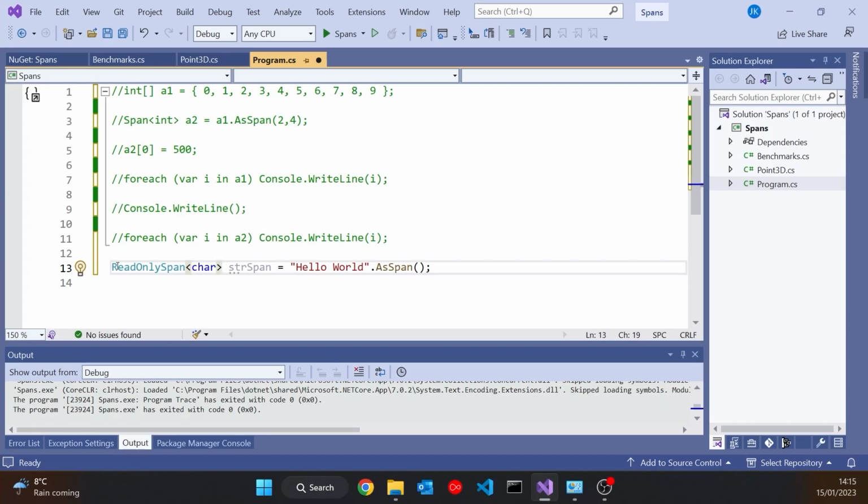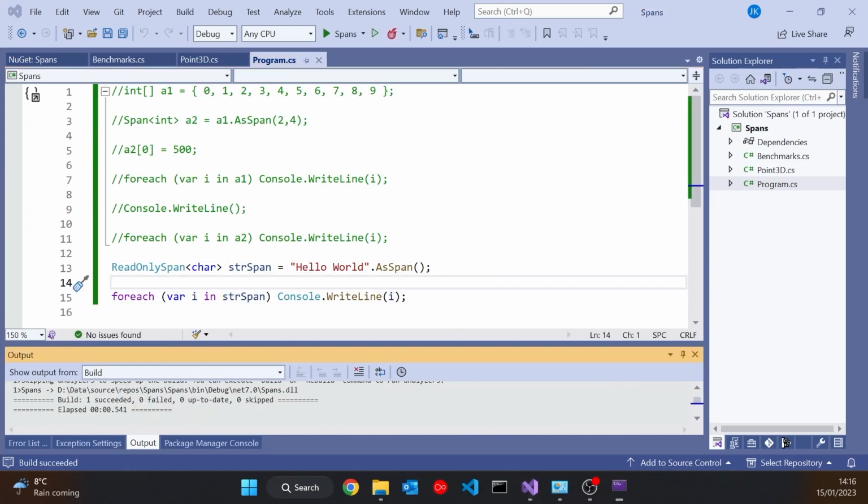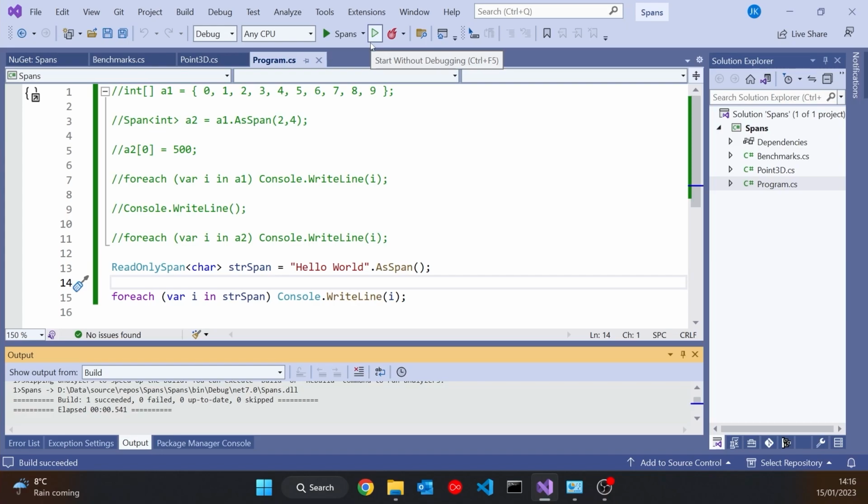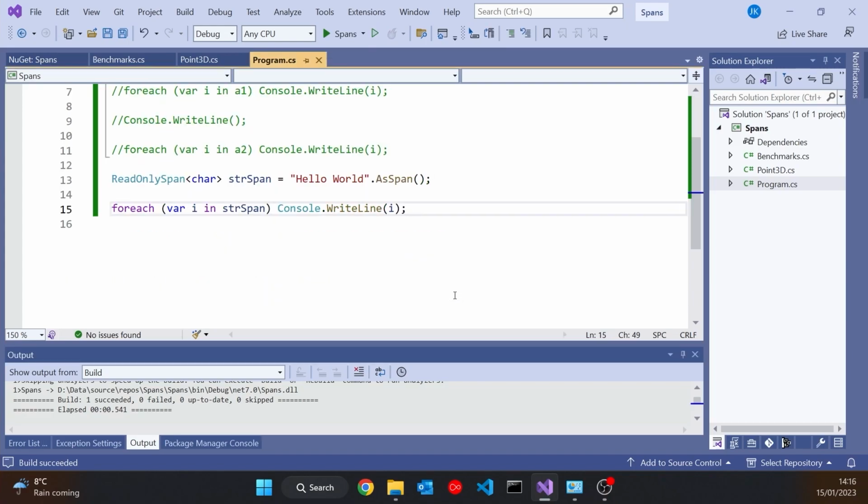But the point being that because strings are immutable, you can't change hello world. So when you've got this idea of a span onto it, you can't do what we had with the regular span of assigning into it. We can only use it for reading. But we can still do that. So if I just grab the foreach loop again and then change that to strSpan, then we just see that we've got each of the characters coming out individually as one item in the span. So works for strings, but it's got to be read-only. Really doesn't work for much else.